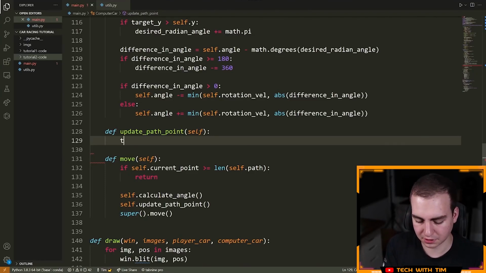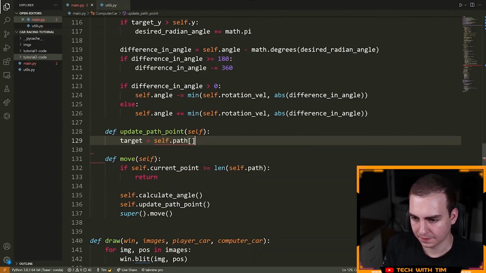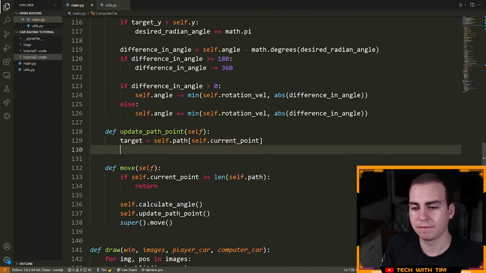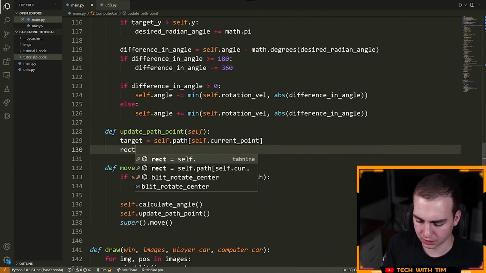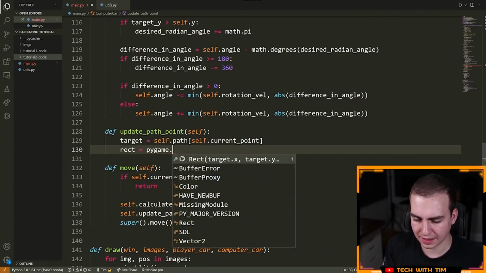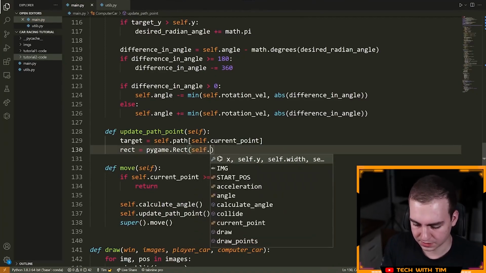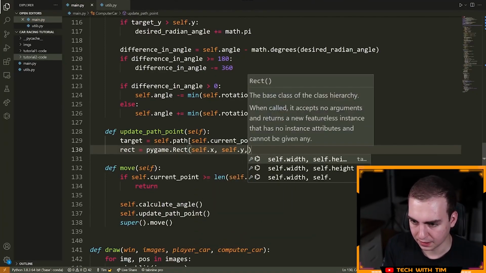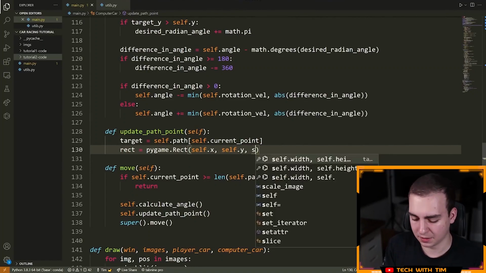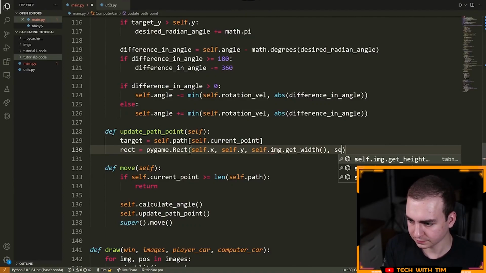Okay, that looks good. I'm going to say the target is equal to self.path at self.current_point. I'm then going to create a rectangle from my car. We're going to say rect is equal to pygame.Rect, and then instead of doing target, we're going to say self.x, self.y, and then we need to get the width and the height of our image. So I'm going to say self.img.get_width and